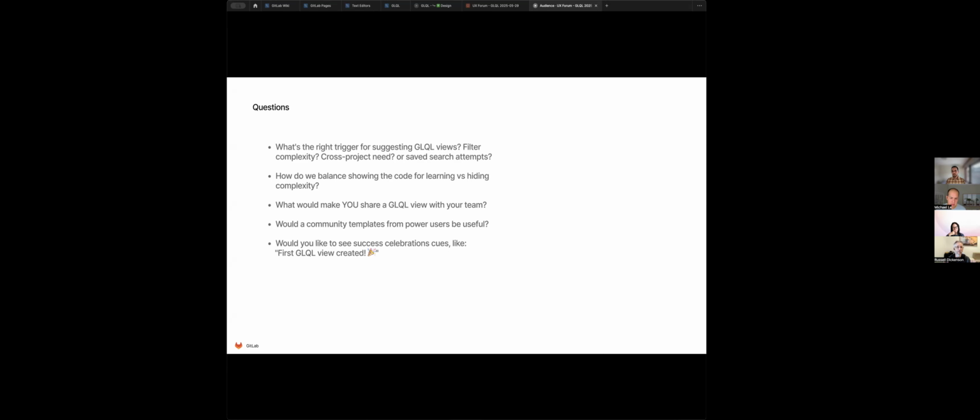Do you want to share it with everyone in the GitLab instance, or I don't know that there'd be anything else. But I think it's great for adoption because you'll typically have feature champions,